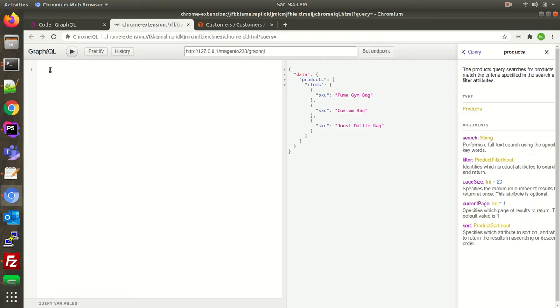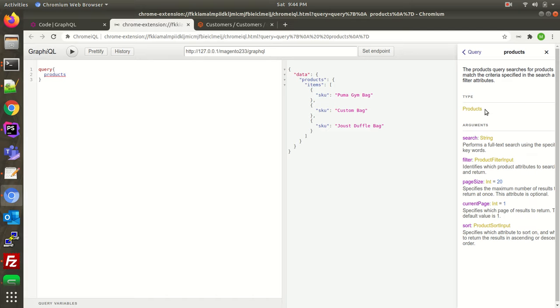Since it's a query, the root type is query, so I will write, all in small, query, open the curly braces. Now it is of type products. So write products, and it will autofill it. So hit enter. Now products is there.